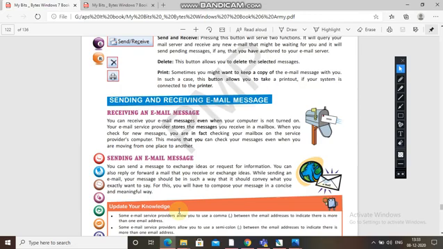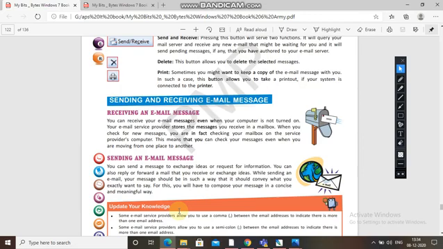Okay, so you won't use a typical way to write the message. Simple way, simple words, so that a person who is reading your mail should understand the message which you want to say. For this you will have to compose your message in a concise and meaningful way.